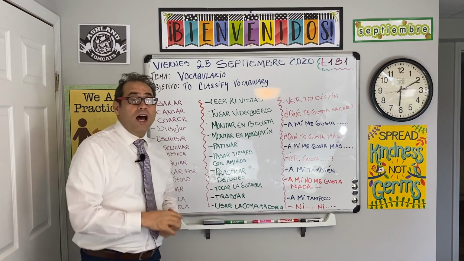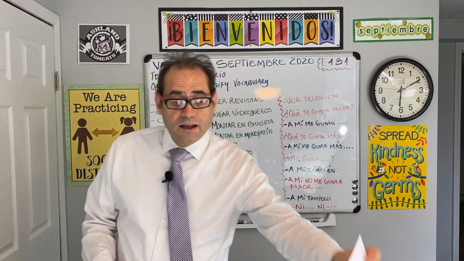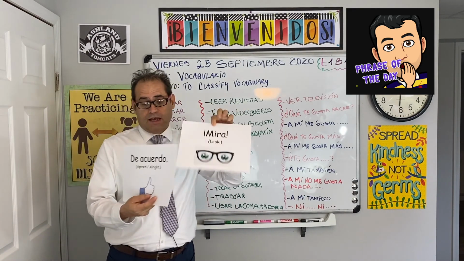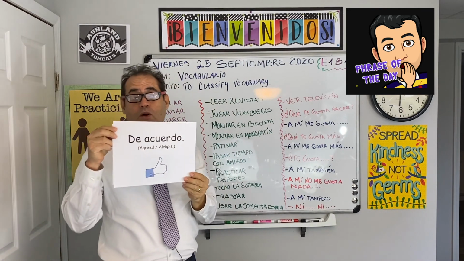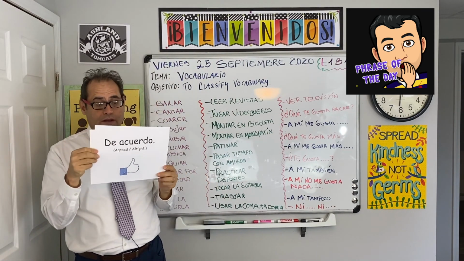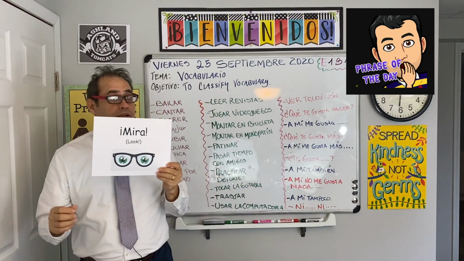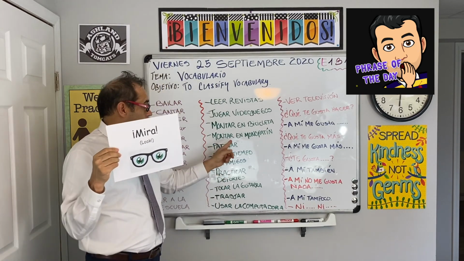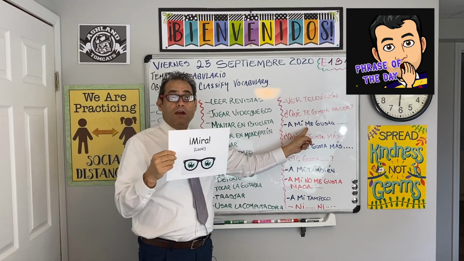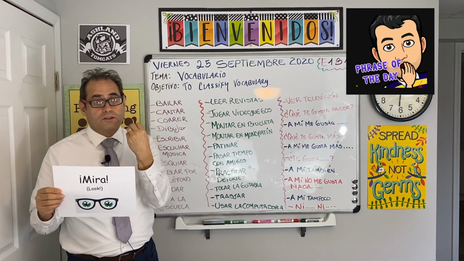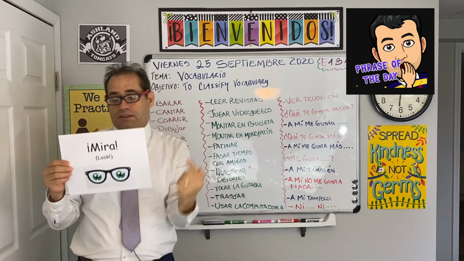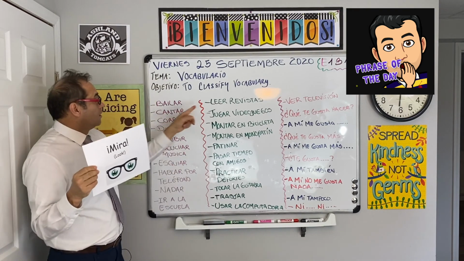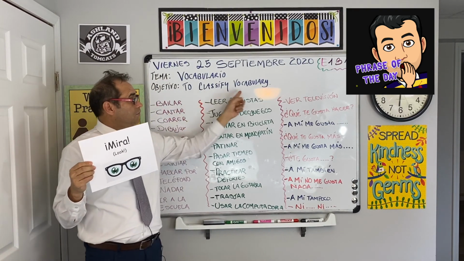Okay, chicos, let's go now with the phrase of the day. The phrase of the day is mira, look. But remember yesterday we had de acuerdo. ¿De acuerdo? ¿Estamos de acuerdo? Do you agree? De acuerdo. Muy bien. Hoy vamos a introducir mira. Mira, like look, something is happening. Maybe Mr. Martin dice, mira, montar el monopatín. Mira, a mí me gusta. Mira, you are calling the attention. You are trying to get somebody's attention and saying that exclamation. Mira, hey, look. Mira, leer revistas. Mira, clasificar vocabulario.